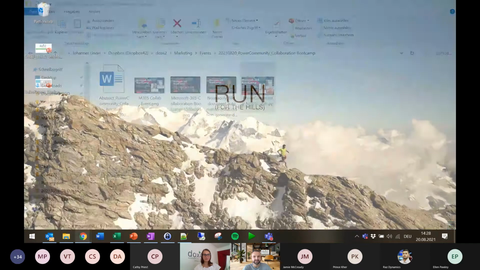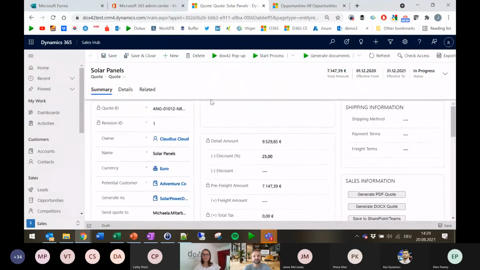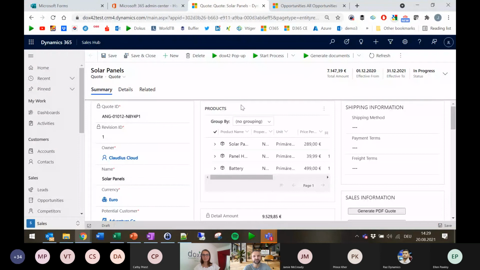Right, so we promised you that there will also be an integration with Dynamics, and that's the next scenario that I'd like to focus on. There will be two that we do. The first one will be a quote scenario with the collaboration in Teams, and the second one will be a process based on an opportunity where that opportunity information will be sent to the customer, but also to a Teams channel. Right.